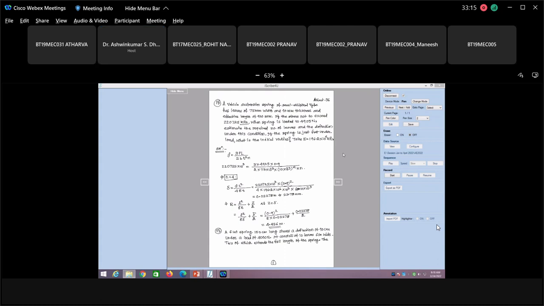The leaves are held together at the center by a band, 10 centimeter wide. Calculate the thickness